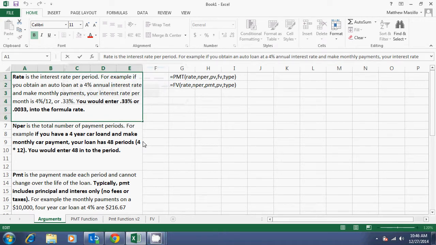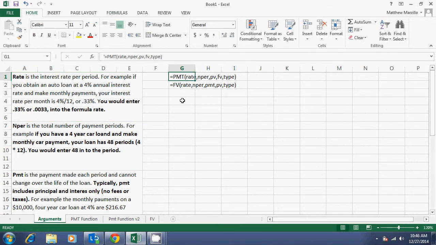This week we're going to be touching on two different financial functions used in Microsoft Excel. We have the payment function, or PMT function, and the future value function, or the FV function. And you can see here I have the syntax written out in column G for each of those functions. They're both using the same arguments, right? I mean, payment uses FV and FV uses payment, but outside of that, all the arguments are the same: rate,